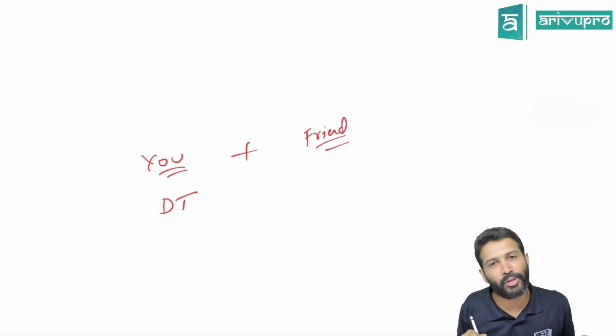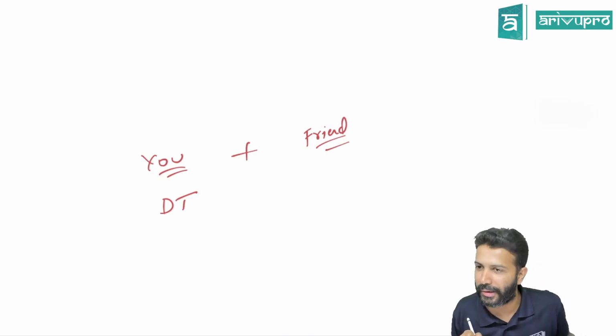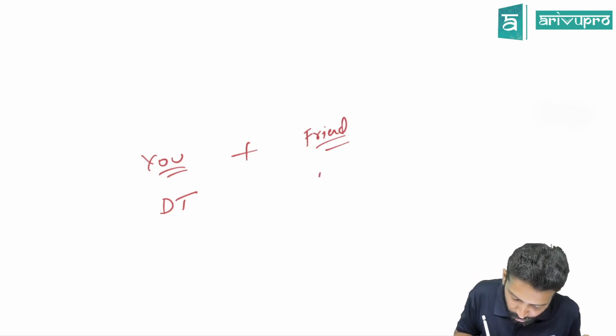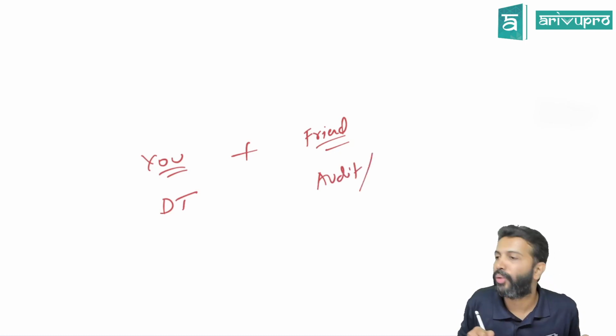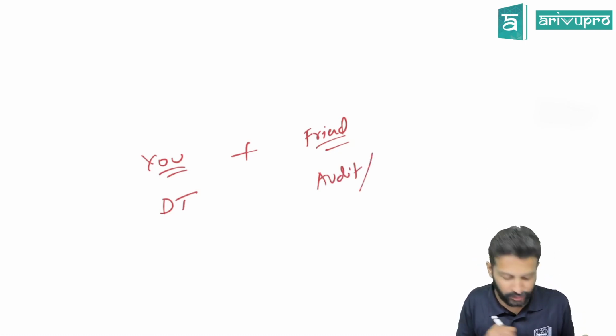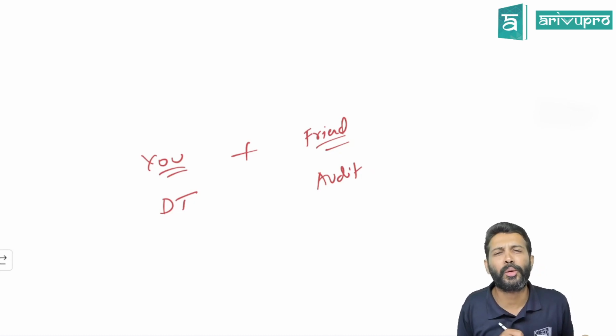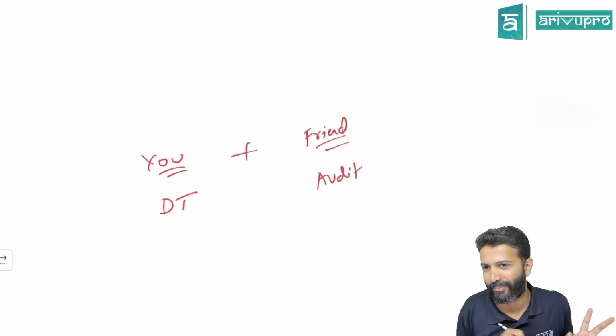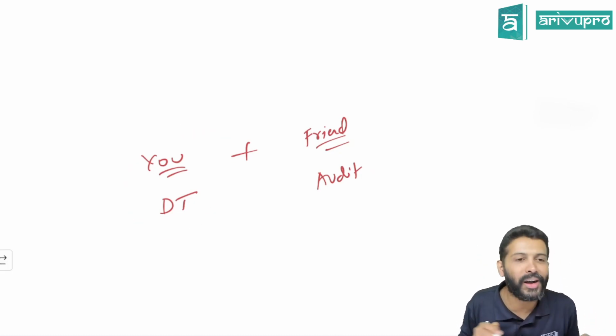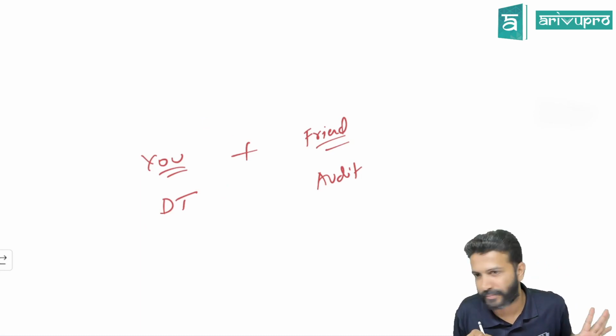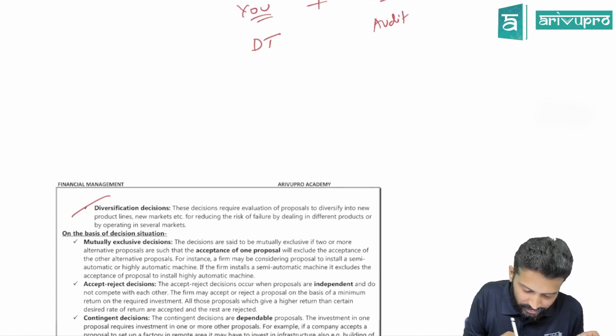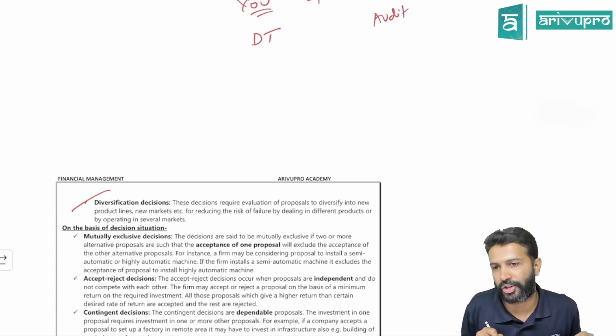Good friend he is. He or she also cleared along with you only. He wants to, let's say, specialize in audit or accounting service. You know what you did? You told, instead of doing a solo practice, let's go partnership. Okay, instead of going solo, let's do a partnership firm. Like this, we call it diversification.